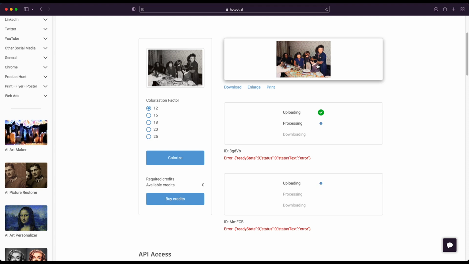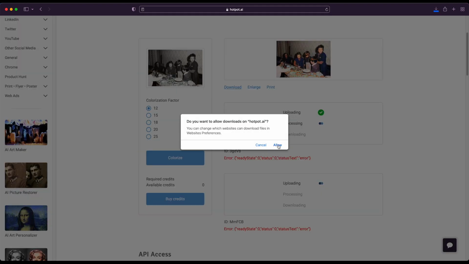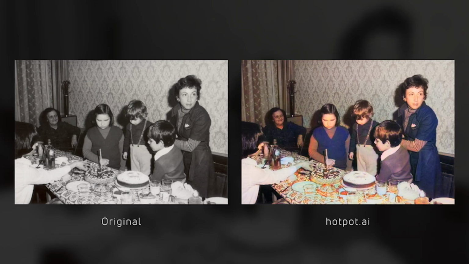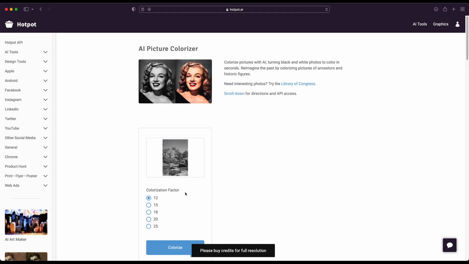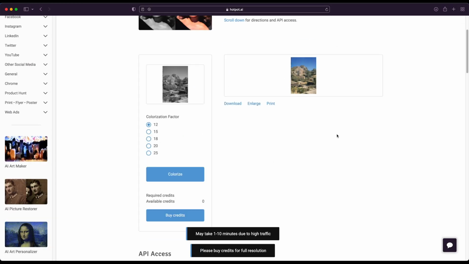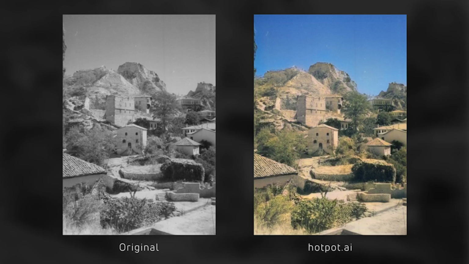Another one that I gave a chance was hotpot.ai. Now here things are a little off in my opinion, not realistic colors and strange decisions about the colorization of some parts of the image, and that's why it's not going to be one of my favorites. About the landscape photo, we have some base which gives us some basic colorizing, but I think it will be much more work compared to the one that MyHeritage did.